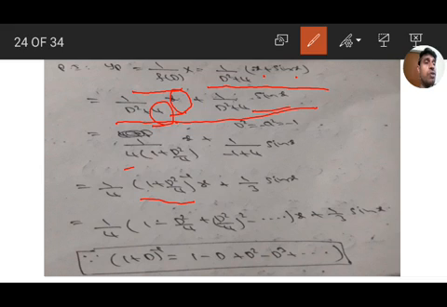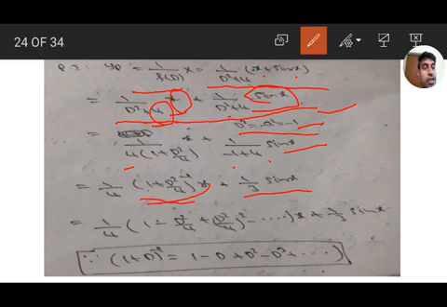Here we have sin ax, so substitute D square equal to minus a square, the second method. Here a is 1, so minus 1 square means minus 1, so 1 by minus 1 plus 4 of sin x. Minus 1 plus 4 means 1 by 3 sin x. Here the particular integral of 1 by D square plus 4 of sin x is completed. We need to only identify the other one.